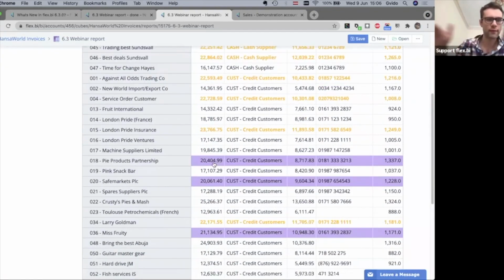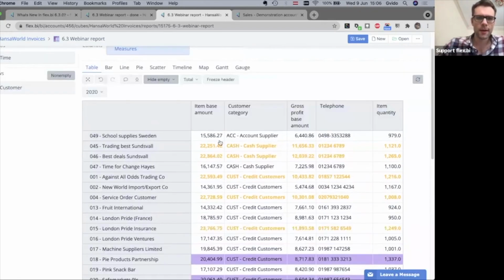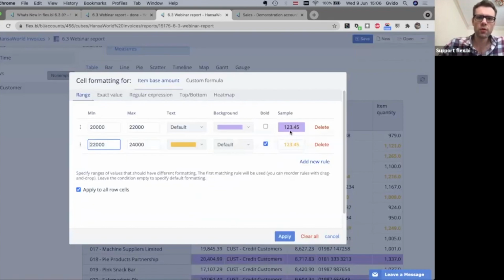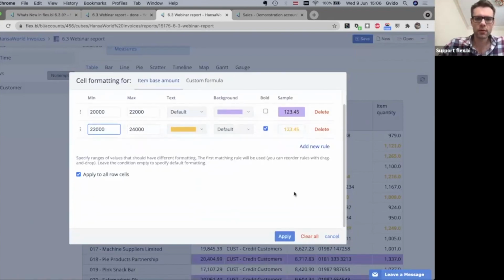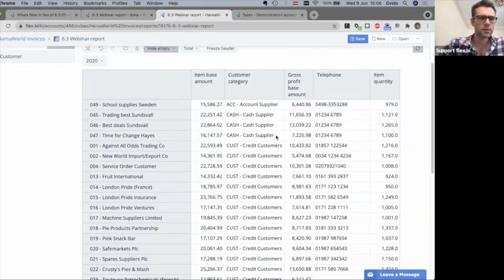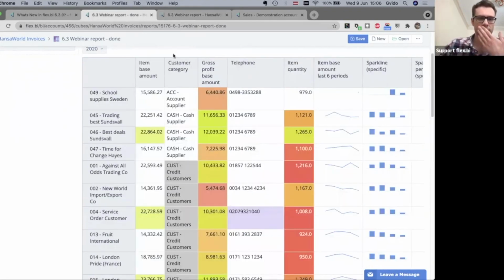Okay, so you can have the whole row colored like that. To remove all of the rules or the formatting, you can just click on clear all. Okay. So that was more or less what was available previously, but in the new version,